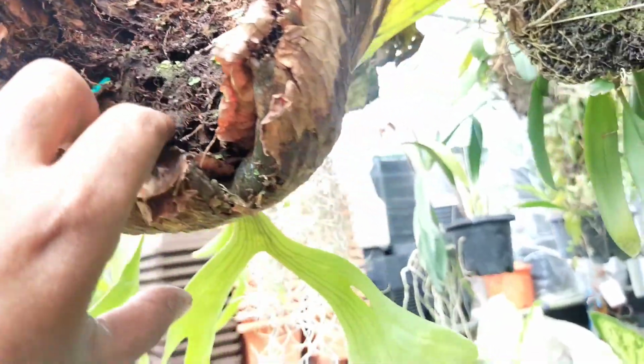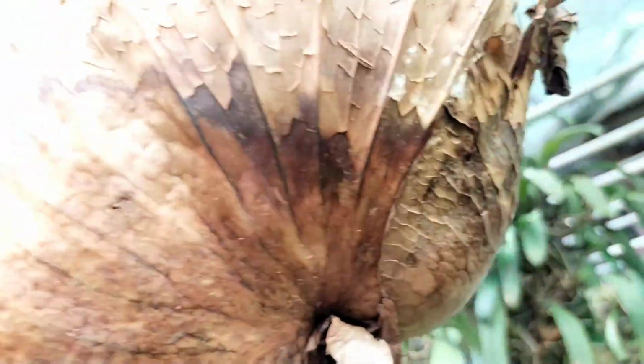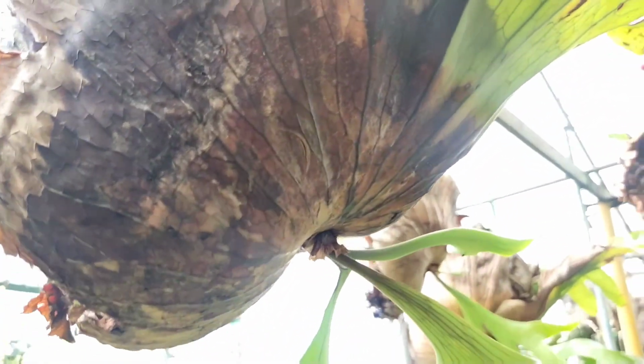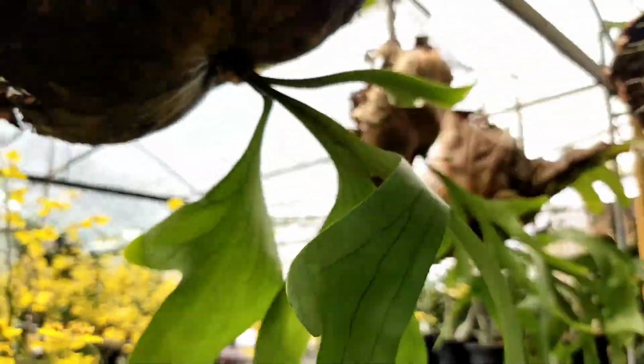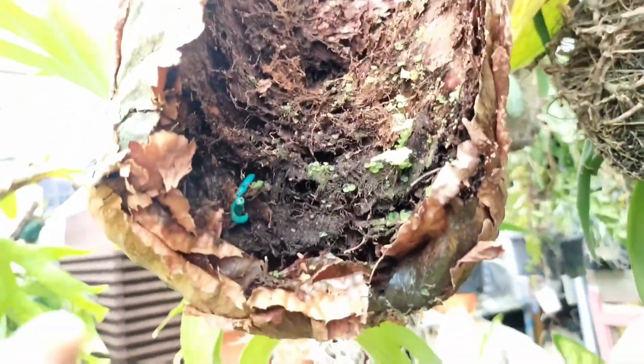This is a Platycerium, if I'm not wrong, and I find that it does not actually have a base at the back, and so you can see some of it didn't really do well, and some of it was actually taken out from the crown and it's just making do. Okay, this particular one, if you notice, is sort of overwatered, and these are the signs, where you actually see a bit of